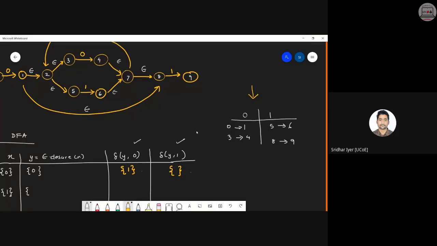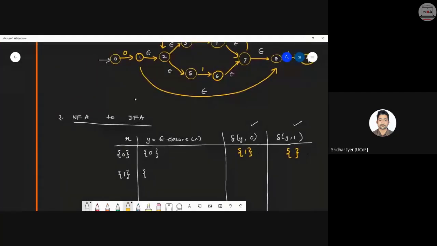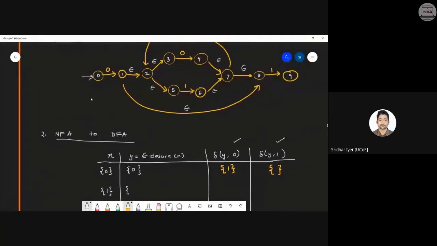Dekho, we need to check transition of y on input 0 and y on input 1. What is y in this case? Y is only 0 and we need to check only the, first of all, case is epsilon closure. Over here, epsilon start कहाँ से हो रहा है? It is starting from 0. We are considering the zeroth state first, right? Zeroth state से epsilon और किधर है क्या? No, because 0 से directly we are connected to 1. 1 is not a part of it. Yes or no? 1 is not a part of this closure.